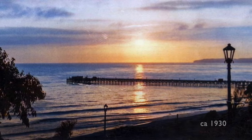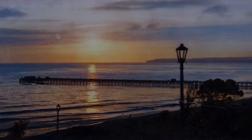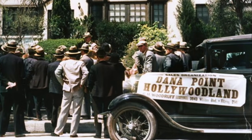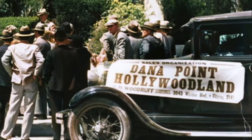A beautiful sunset from the bluffs overlooking Capistrano Beach. This is the view that I used to enjoy as a kid, at least until they demolished it at the end of the 60s. Now, in 1926, builder Sidney Woodruff, LA Times publisher Harry Chandler, and other wealthy investors created